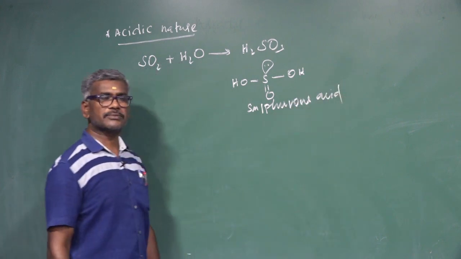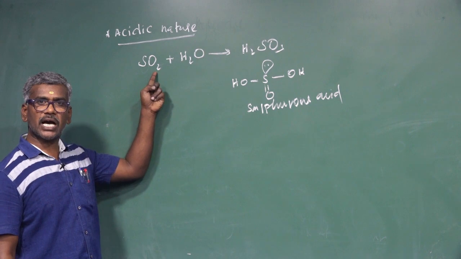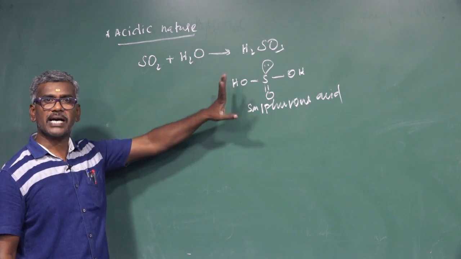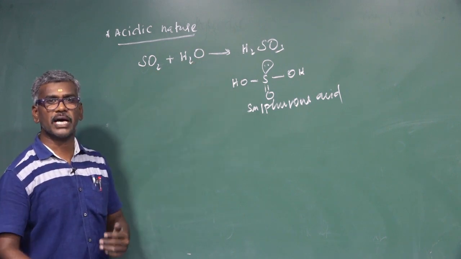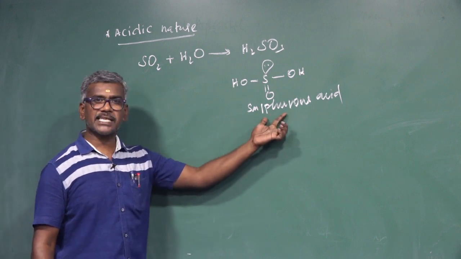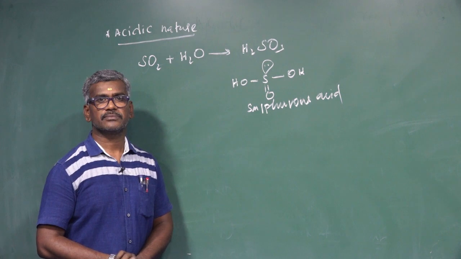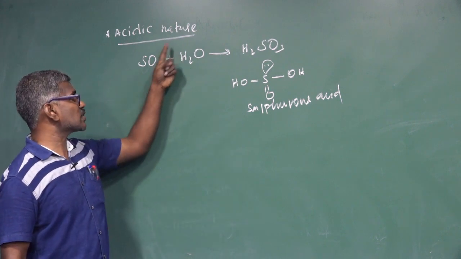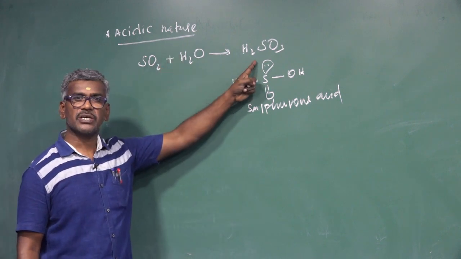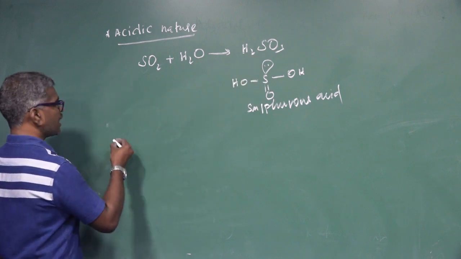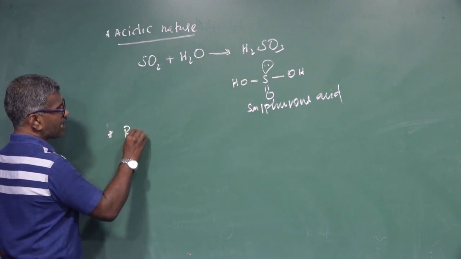What is the formula? This is a non-metallic oxide dissolved in water to form an acid. These are the formulas to form the acid. This acid turns blue litmus paper to red. So, the acidic nature of SO2: formation of H2SO3. Next point, reaction with